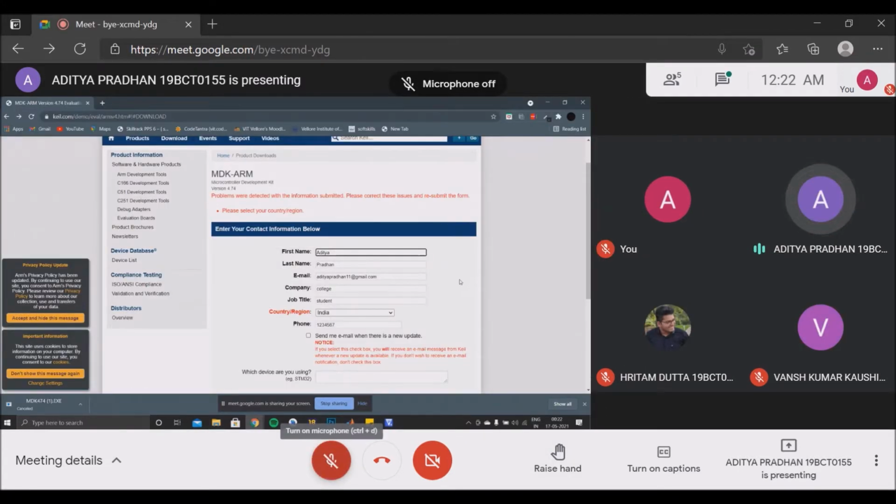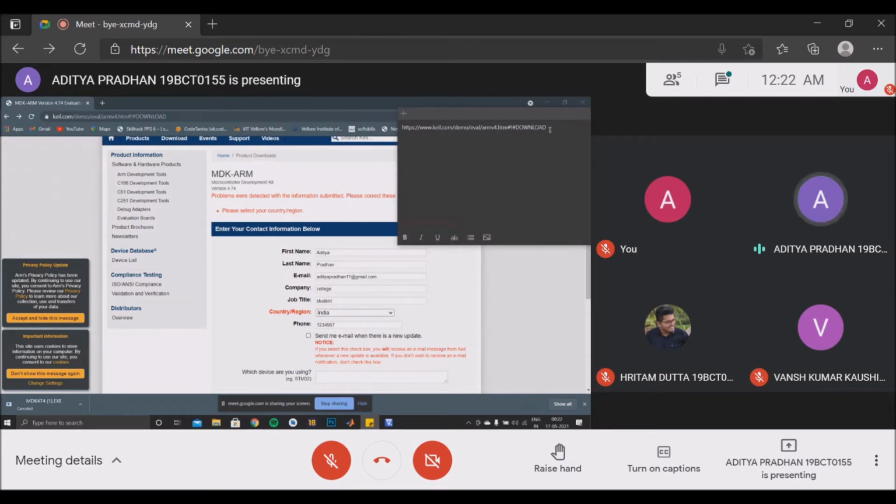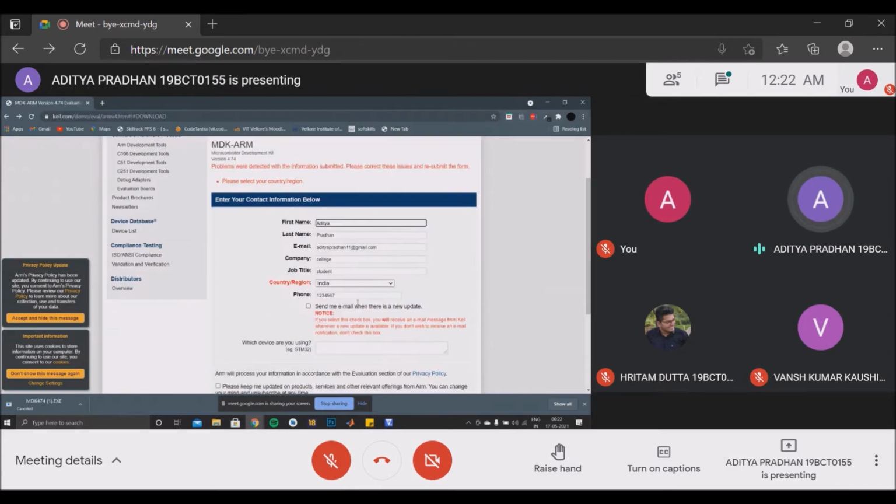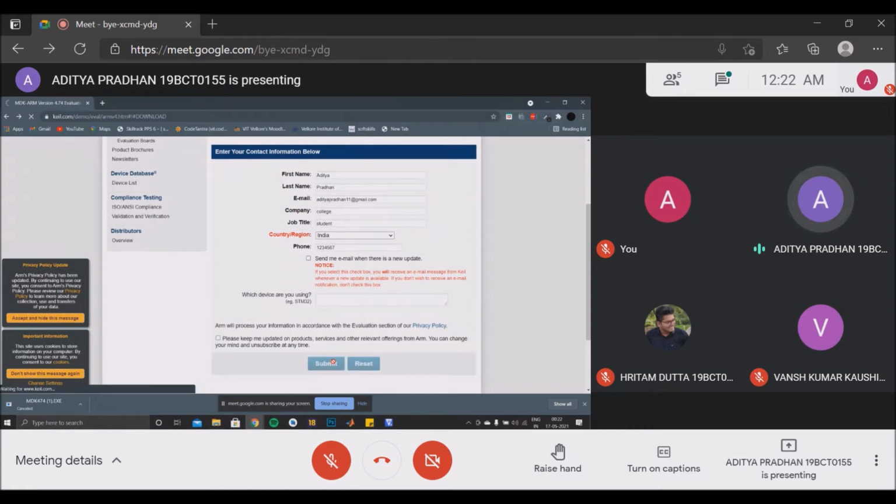So now we see the software which we will be using for running the ARM processor code. The software we use here is Keil uVision 4 and we are downloading it from the given link. On arriving on this link, we need to fill in some details and then press the submit button.